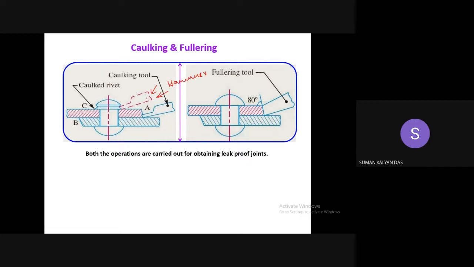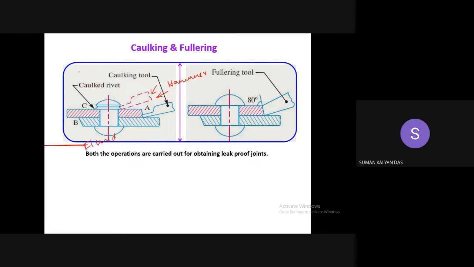Impact loading is provided by a hammer. Due to this impact loading, the circumferential area of the head is compressed, and it sticks more firmly to the part below. Suppose I have fluid on this side,